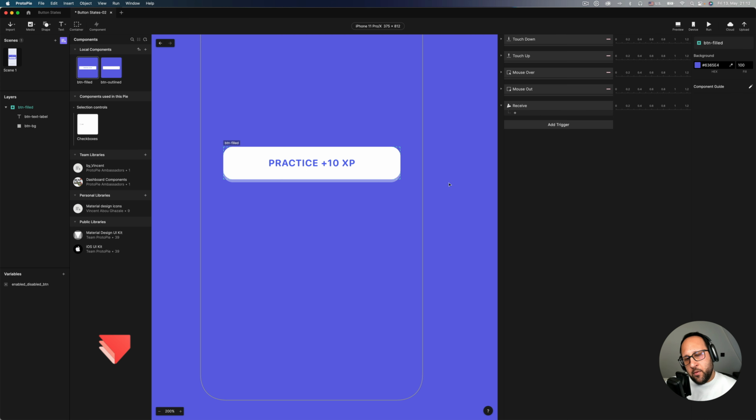So basically we can do this in different ways, on how to disable and enable the button, but we can also make use of the variables in ProtoPie. So let's create a new variable and rename it enable disable button. So now when I receive enable button, I need to assign to the enable disable button variable the value of 1,